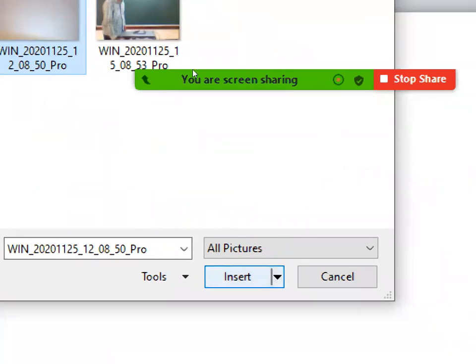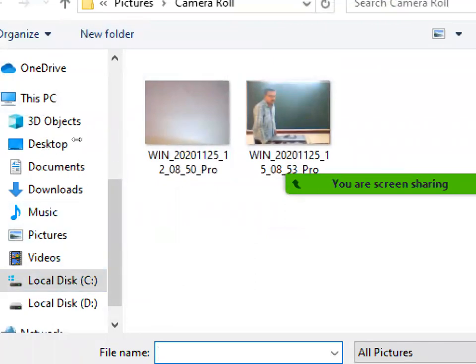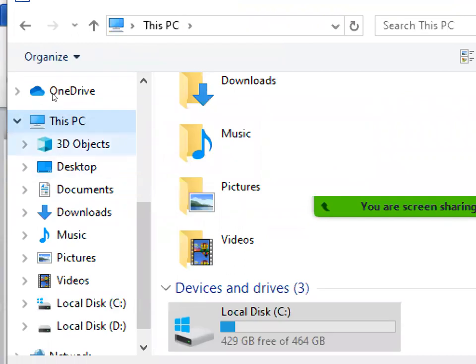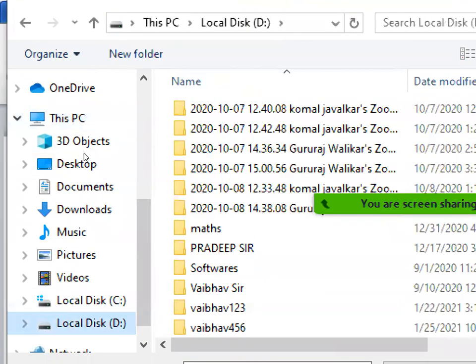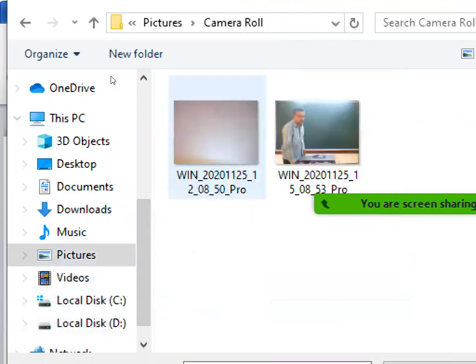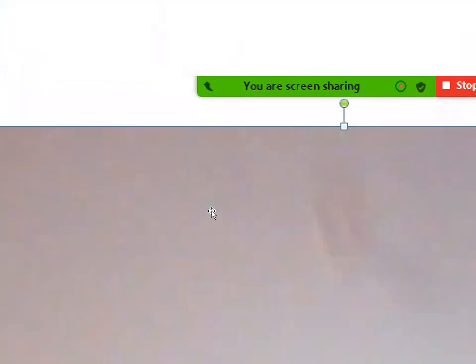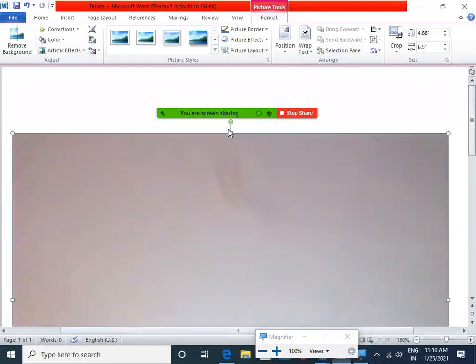So what you have to do is go to this Picture option in Illustrations, click on Picture, and then it will ask for the path. We call this a path: where is your file located, whether it is present on the desktop or in documents. You need to check where it is present. Then after taking the specified path, select that particular image and say Insert. The moment you say Insert, an image has been inserted inside the page.